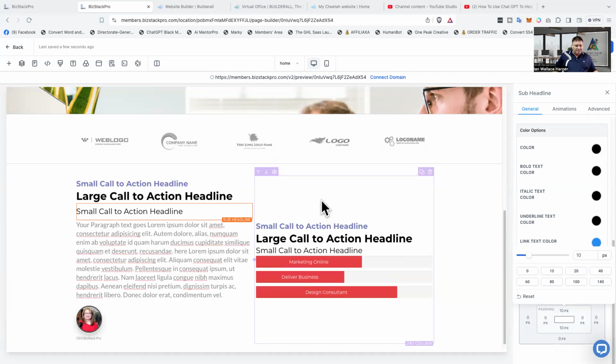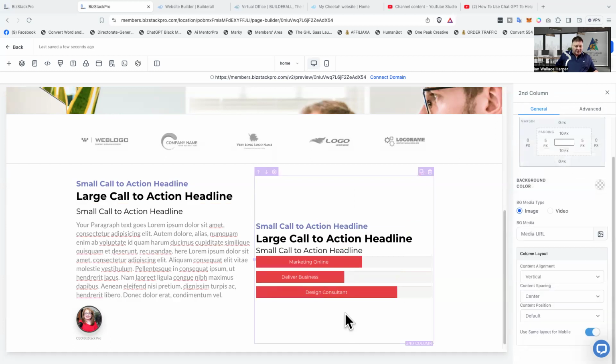We've got the box here, but let's see if we can offset this. But then we don't want to offset it too much, because it might mess up the